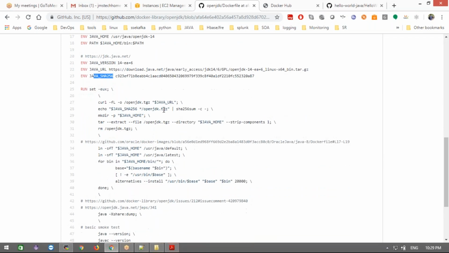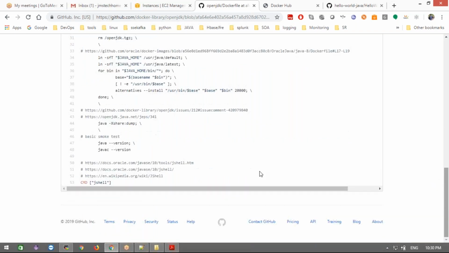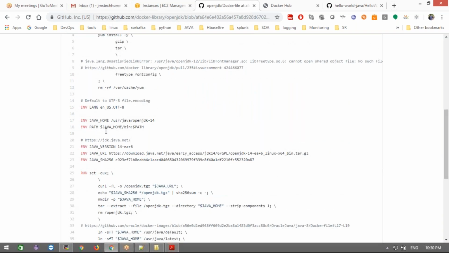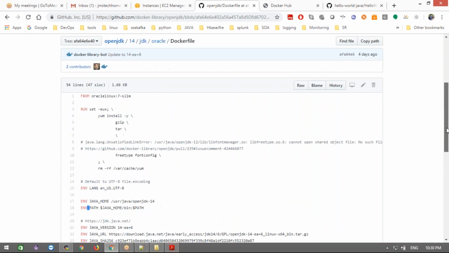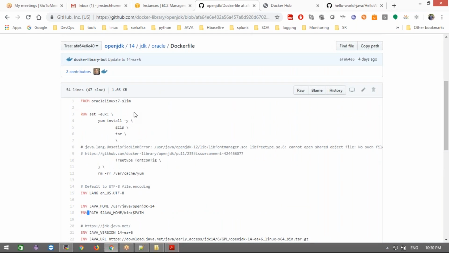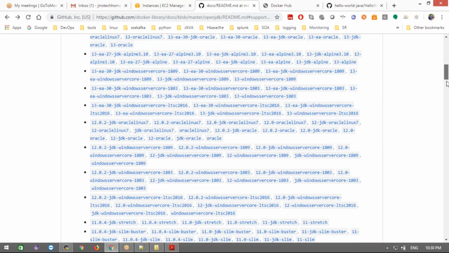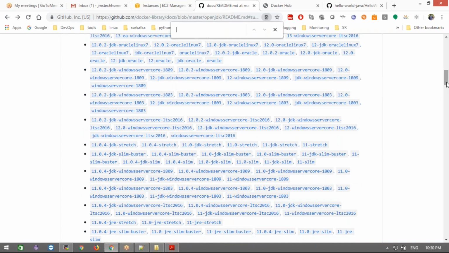Then next, they set the environment variables, and then run jshell directly, and they run the Java software, providing the instructions the same way. This is the environment variables setup, that ENV and all of it, and we are going to discuss all the commands. We are going to use this image directly. They already wrote this image, and on top of that we are going to use it.